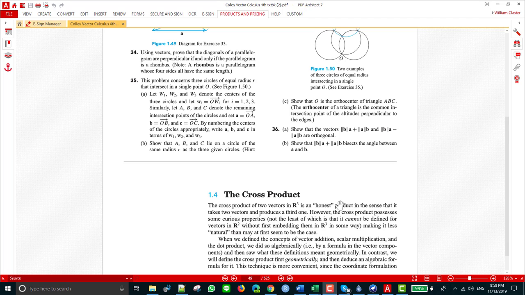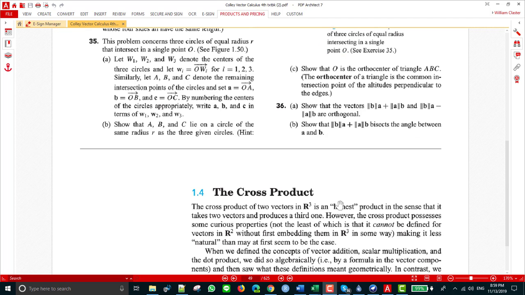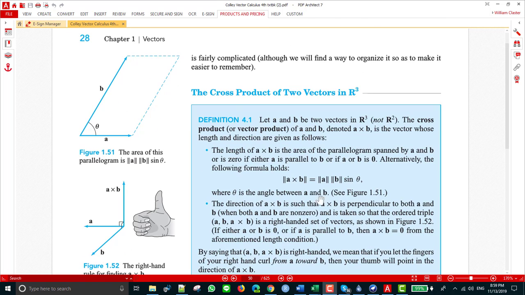Now, we're not going to spend too much time on the cross product because we don't really need it, but let's go through it quickly. The cross product of two vectors is different from the dot product, which gave us a scalar. Here the cross product is not going to give us a scalar, it's going to give us a vector. So you're going to take A cross B, that's how we write it,